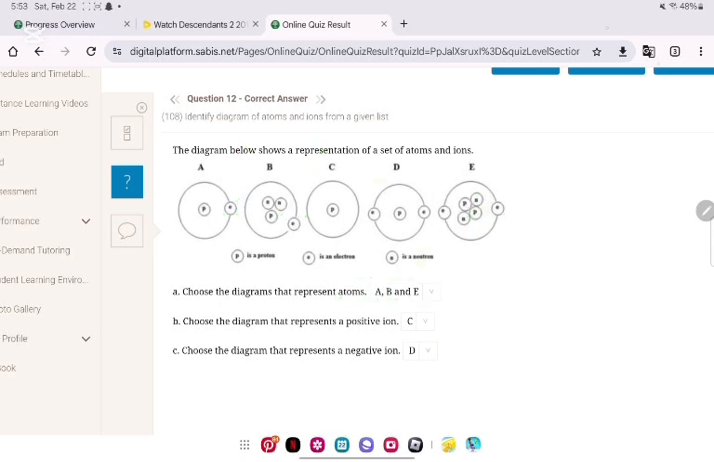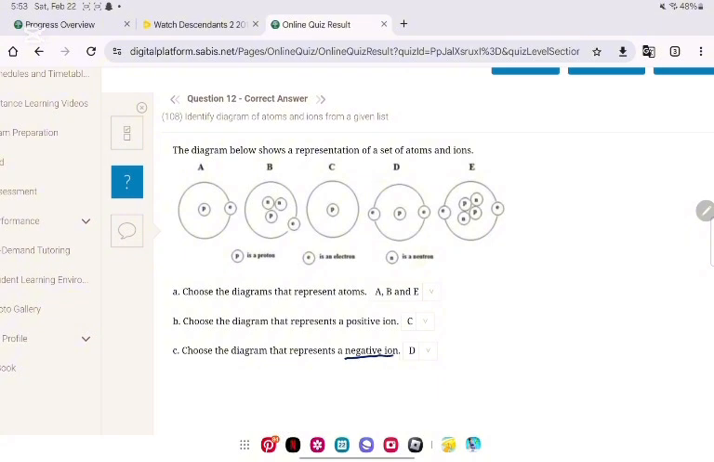Okay, now what represents a positive ion? A positive ion is proton, right? Proton is positive. So what has more P's than E's? So here you have just 1 P, so obviously it's gonna be C, so it's positive. And then